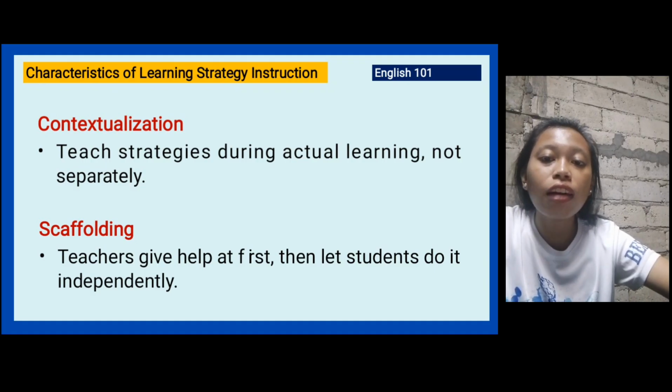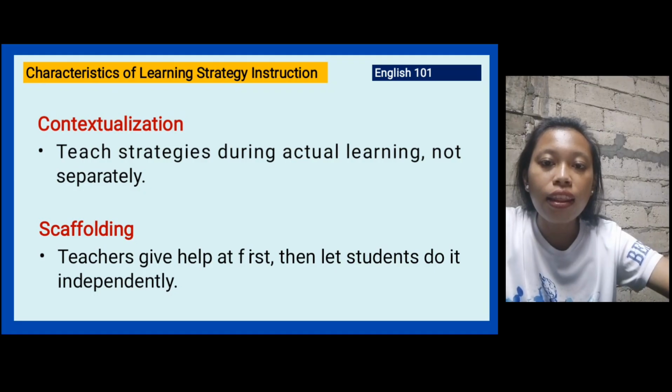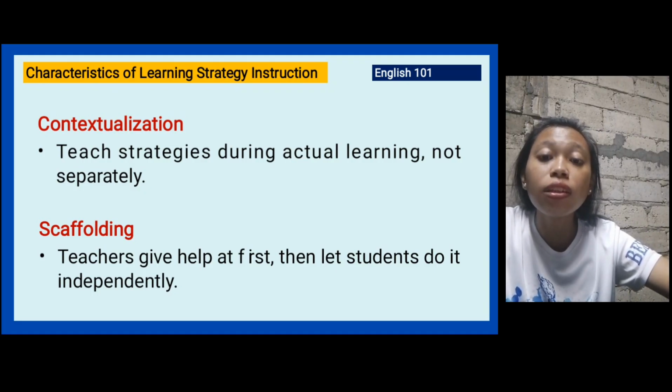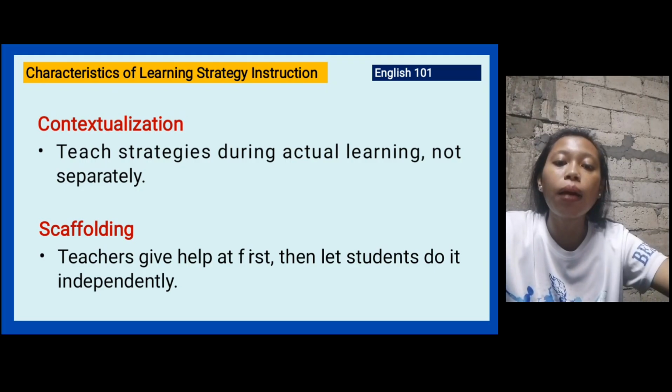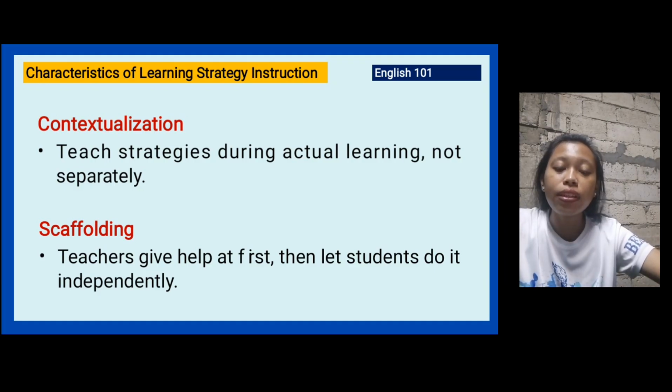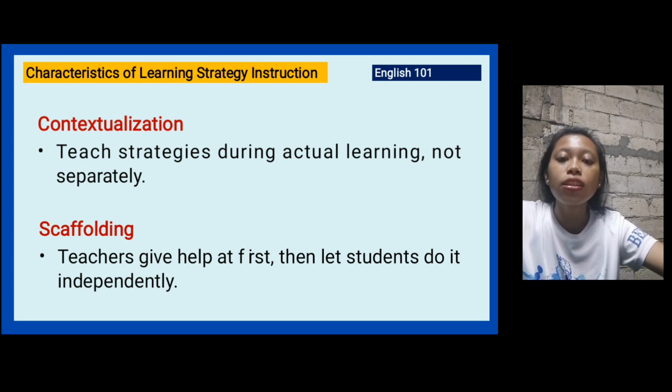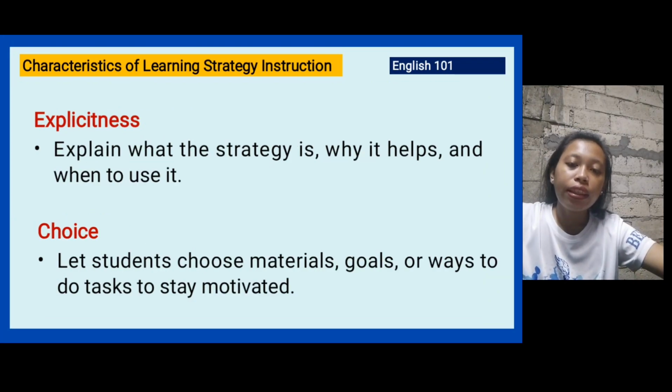Next is the scaffolding. Teachers give help at first, then let students do it independently. Here, the teacher gives support at first, then slowly reduces help as students become more independent. Example, a teacher first models how to write a paragraph, then later lets students try writing on their own with less guidance. Next is the